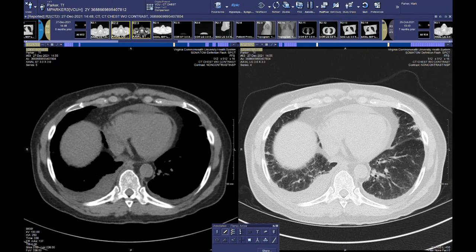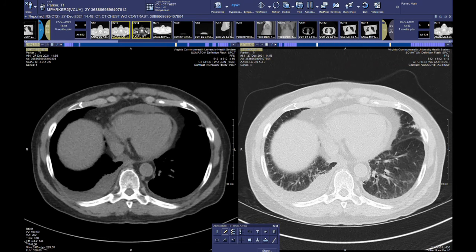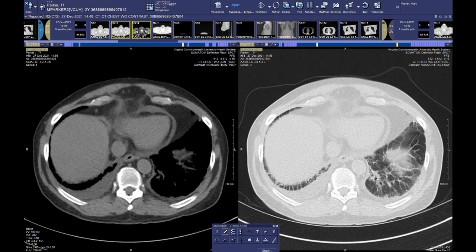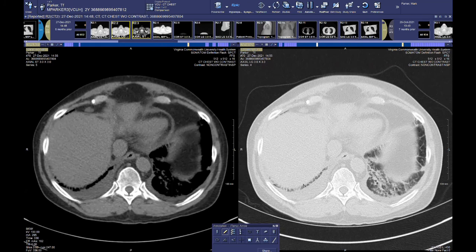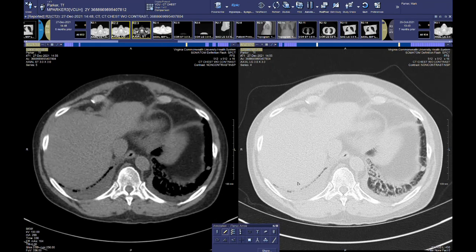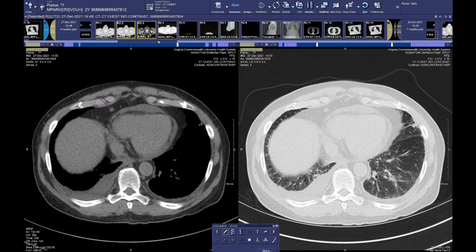We do see coarse interlobular septal thickening and bronchovascular bundle thickening in the lower lobes, stretching the airways of the evolving fibrosis. It does go all the way out to the pleural surface. You see nice irregular septal lines through the right lower lobe here. Despite the traction bronchiectasis, we don't see any evidence of honeycombing at this point in time.